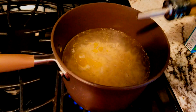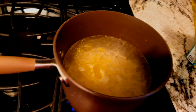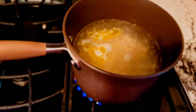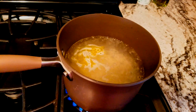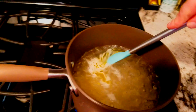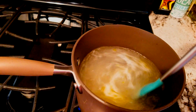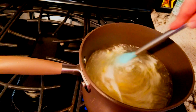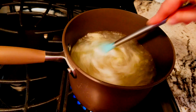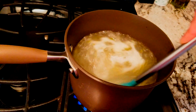Secret with the gluten-free pasta. You gotta put a little bit of olive oil, some kind of oil, because the rice noodles stick together like crazy. But I've learned that if I put a little bit of oil in there right away, sometimes I even put it before I put the noodles in, stir it up real good, then they don't stick together. And you don't have one big lump of mac and cheese, but you've got lots of